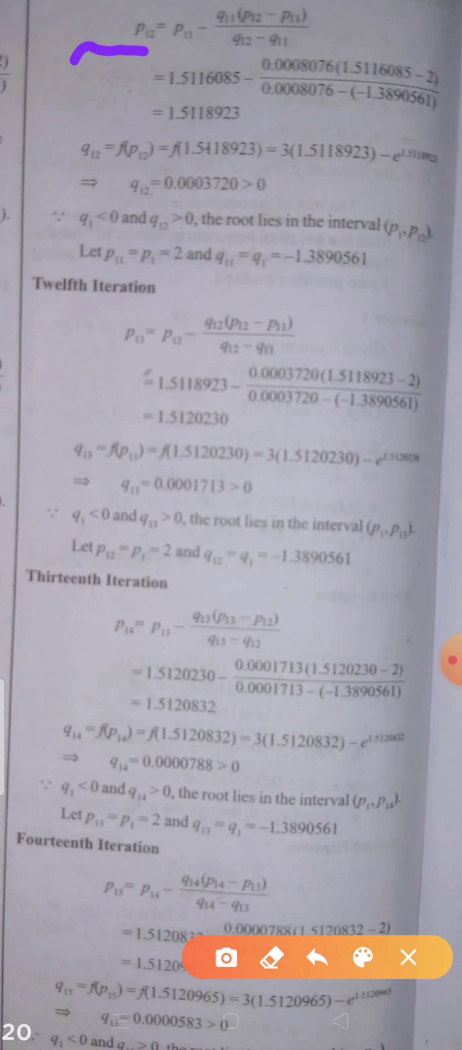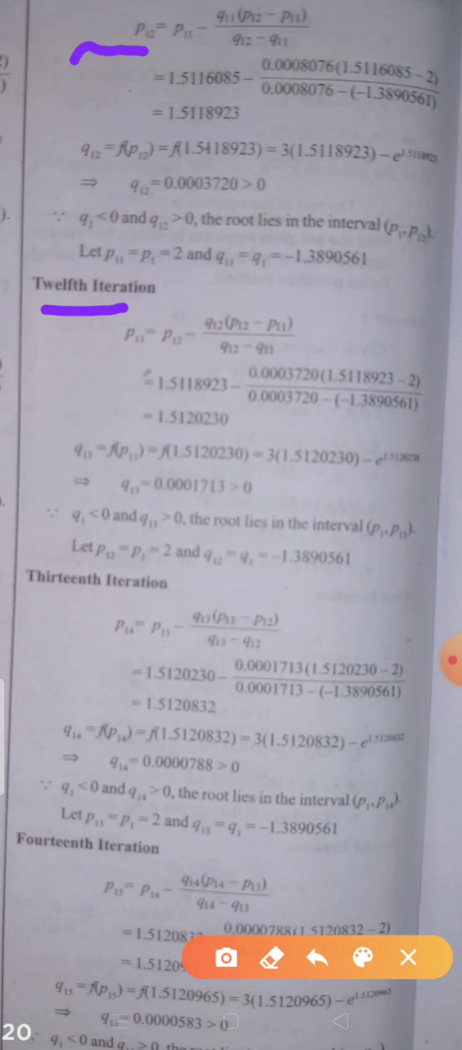Let P11 is equal to P1 is equal to 2 and Q11 is equal to Q1 is equal to minus 1.3890561. Next, 12th iteration. P13 is equal to P12 minus Q12 into (P12 minus P11) by (Q12 minus Q11), which is equal to